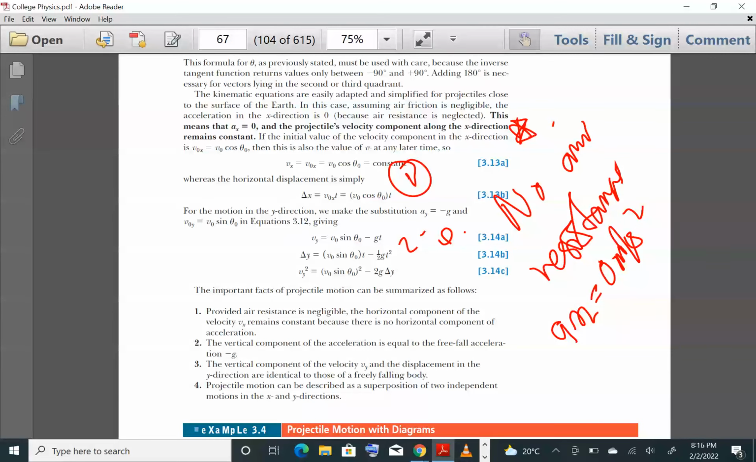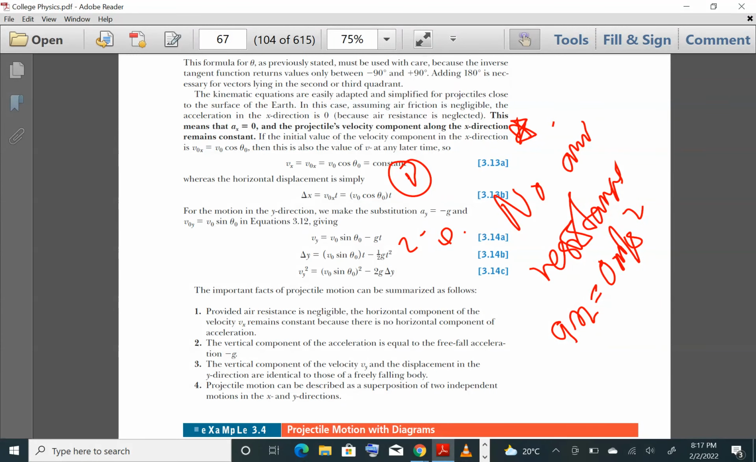Then the vertical component of the acceleration is equal to the free fall acceleration, which is the acceleration due to gravity. Then the vertical component of the velocity and the displacement in the y direction are identical to those of the free falling body. You might recall that free falling bodies are what we were discussing last time on Monday. Then projectile motion can be described as a superposition of two independent motions in the x and y